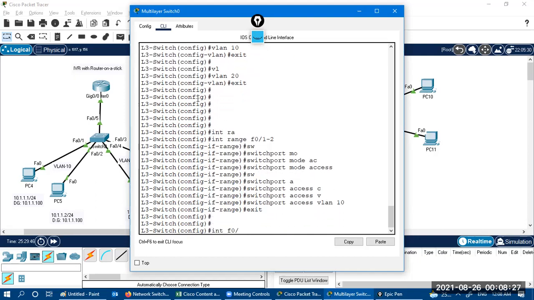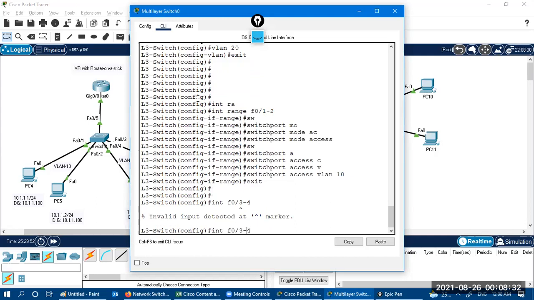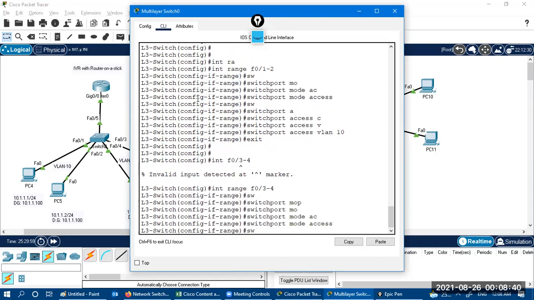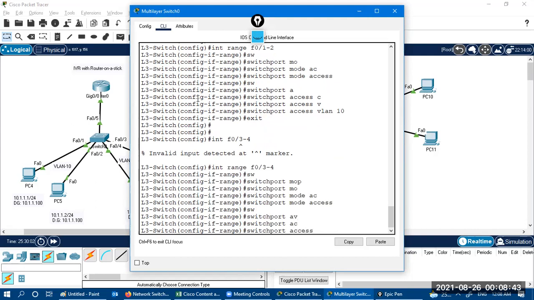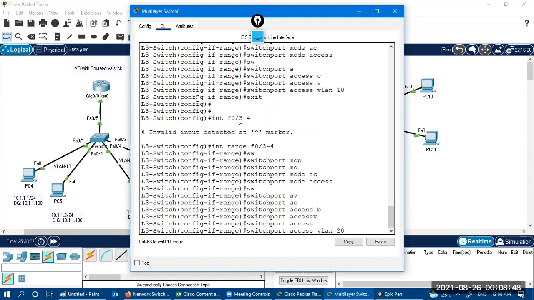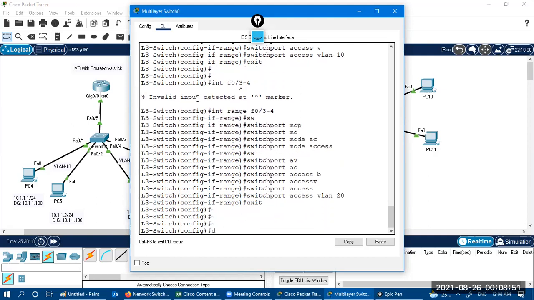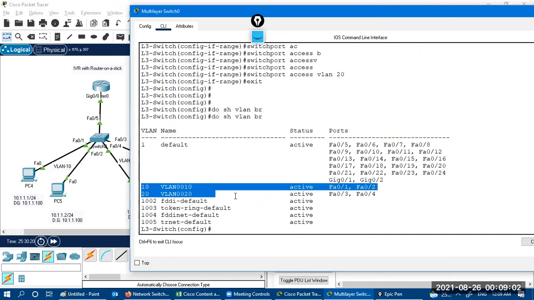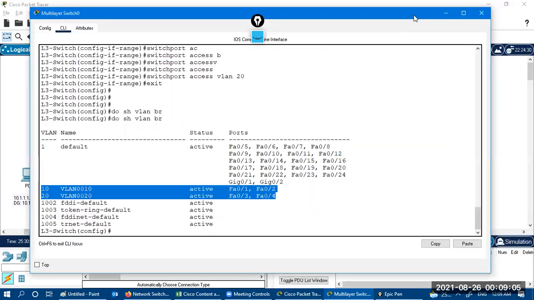Interface range F0/3 to 4, switchport mode access, switchport access VLAN 20. Then show VLAN brief. So let's verify. Yes, I have VLAN 10 and 20 and ports are also allocated to them.